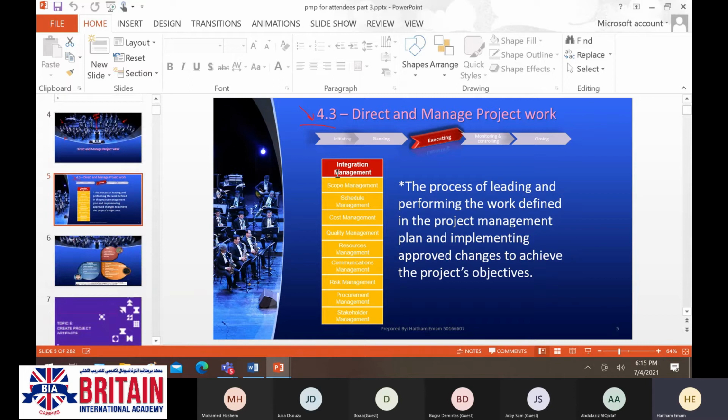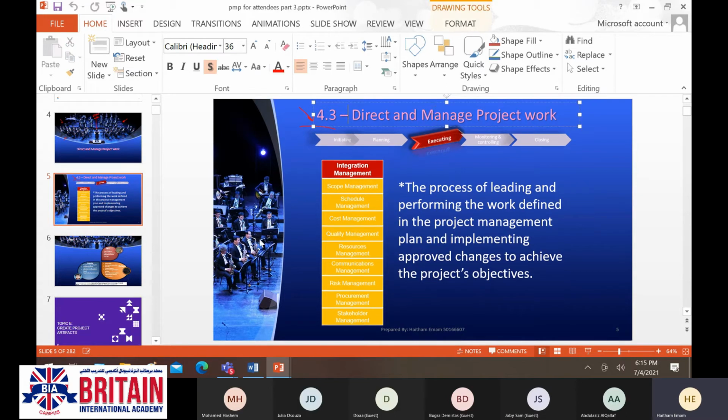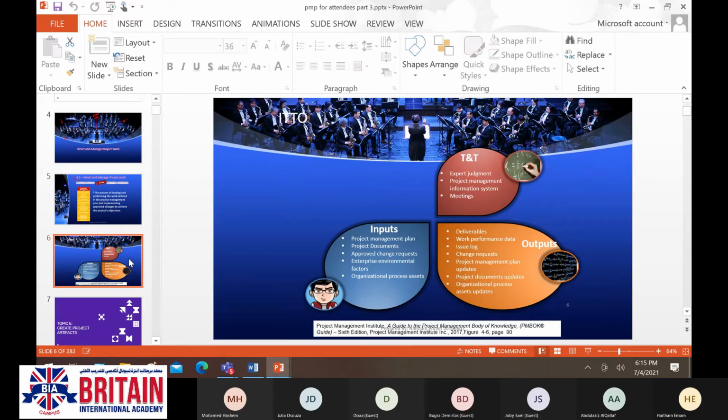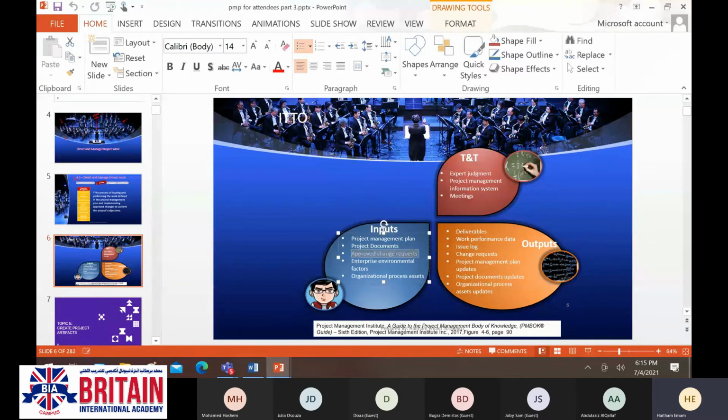Okay, now as you can see from the screen, we are in the executing process group, in the integration management knowledge area, and the process is direct and manage project work. When it comes to the input for this process, you are going to find the approved change request.